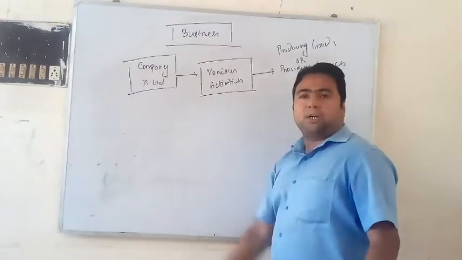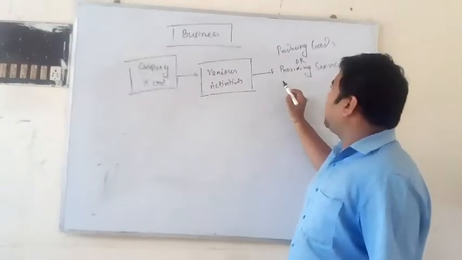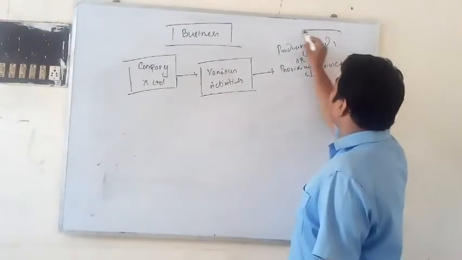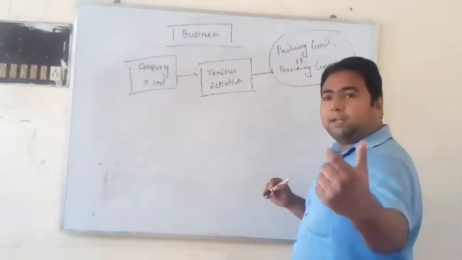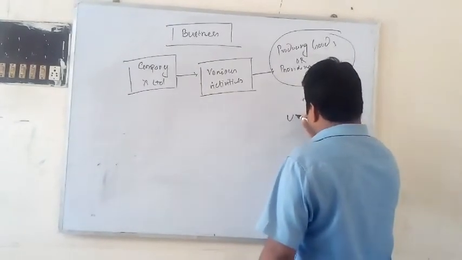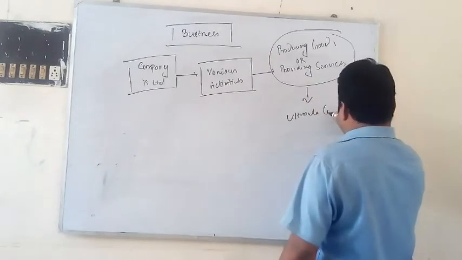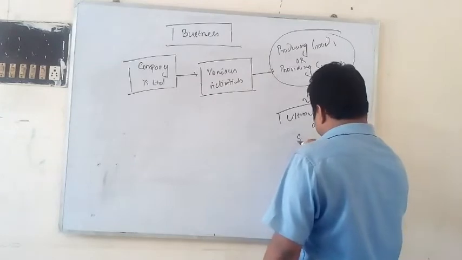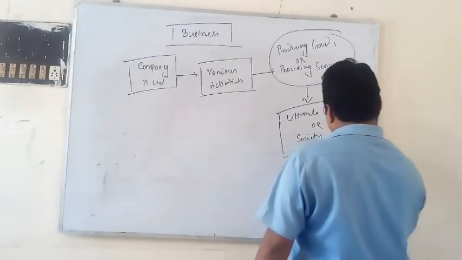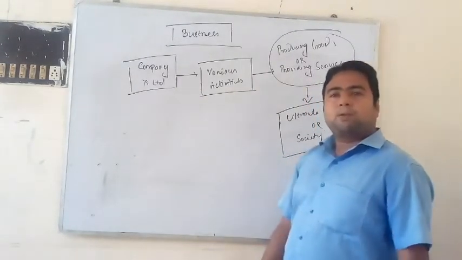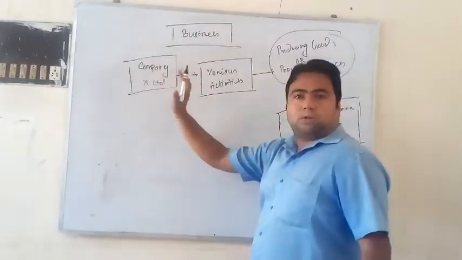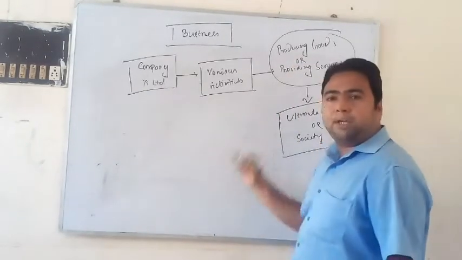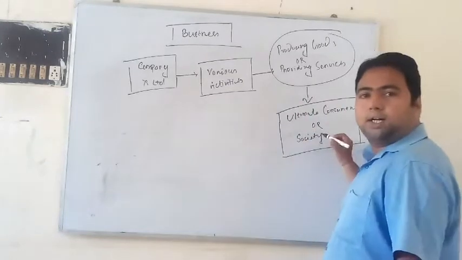Those activities may be related to production of goods or products or maybe providing of services। To whom? To the ultimate consumer or society। So business means, I'm giving one example, suppose X Limited is the company, it will perform various activities. That activity may be production of goods or providing of services to satisfy the unlimited wants of